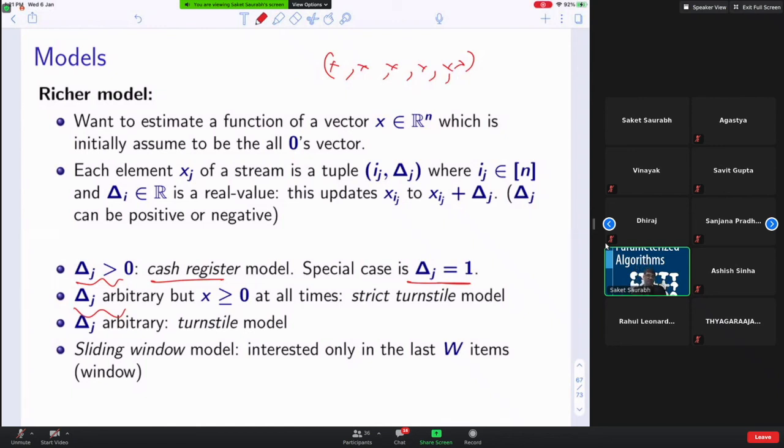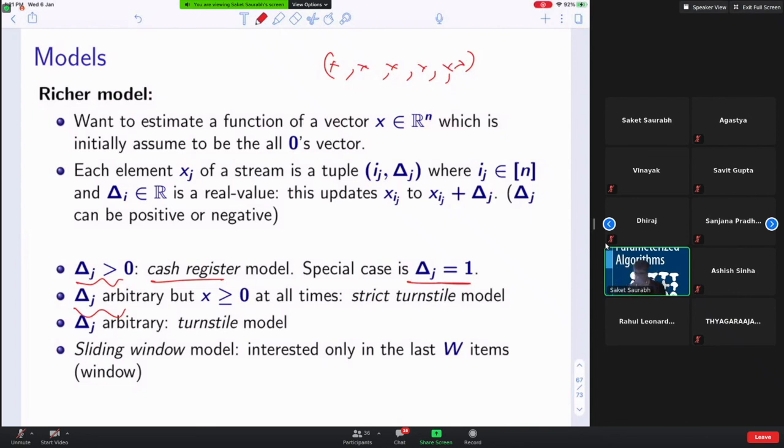Either you're going to add an edge or you're going to delete an edge, right? So if your edge set is your x, then are you going to delete any edge ever? Like, x can never be 0, but +1 will denote add an edge, -1 will denote delete an edge.